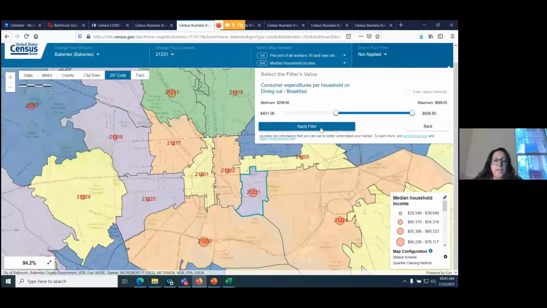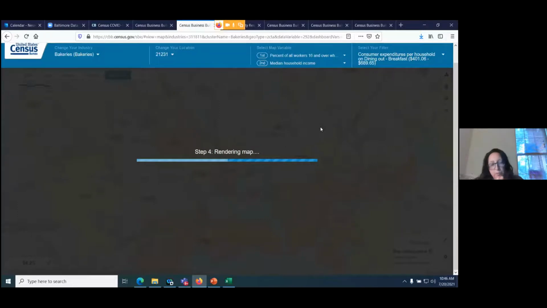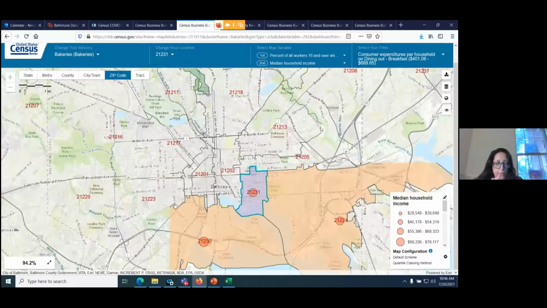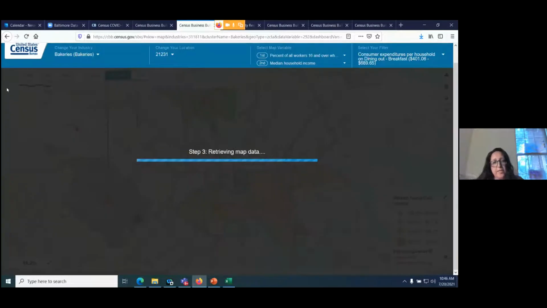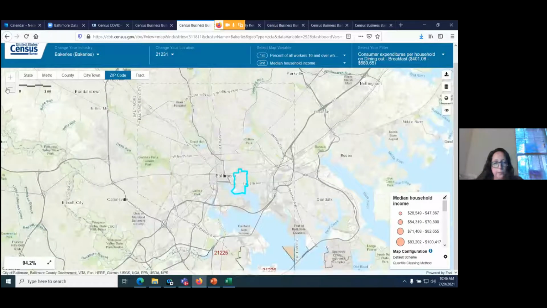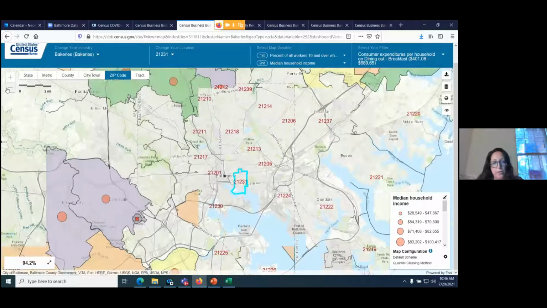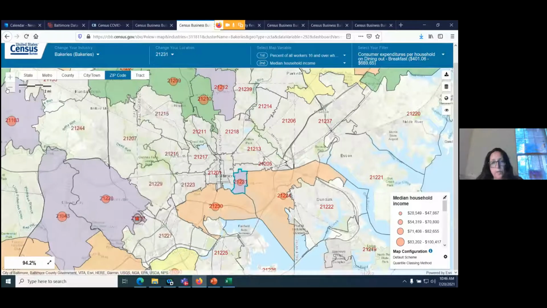And I can apply that filter. And when I do, those that don't meet that criterion will disappear. They won't disappear, but they'll be rendered. They won't be colored anymore. So you could then see, okay, well, if that is what the consumer spending threshold is going to